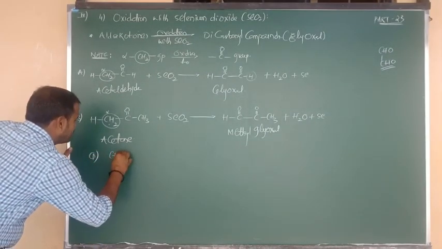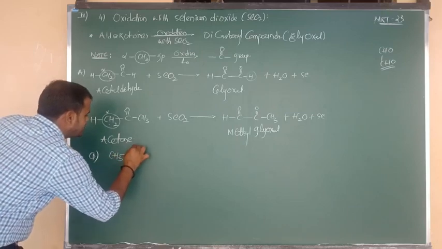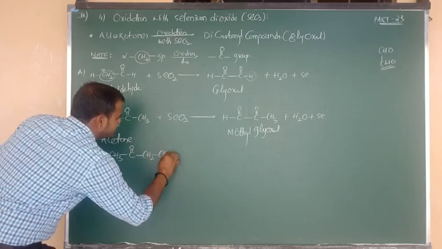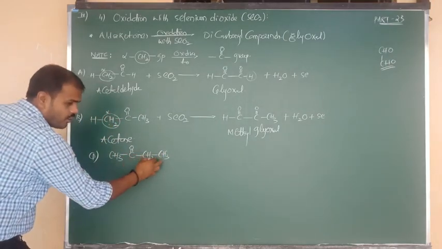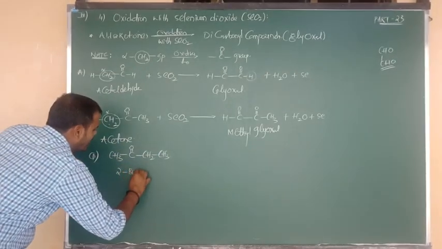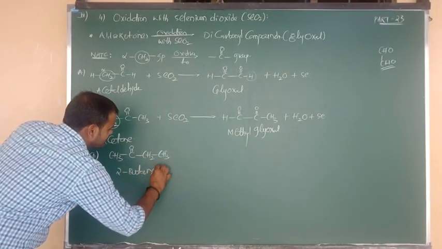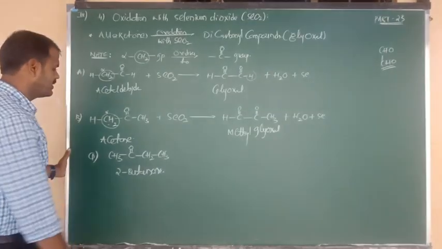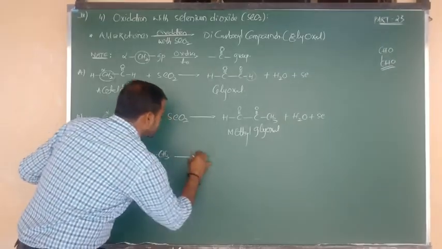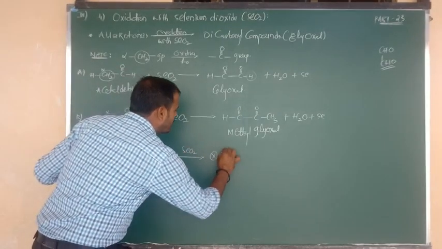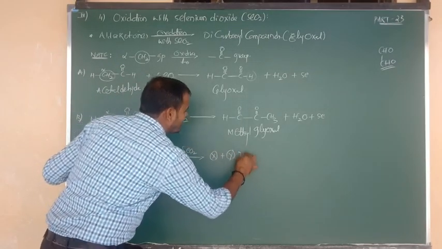Okay beta, good. So on the basis of this reaction, I want to give you one question. The question is CH3 bonded to C double bond O, again bonded to CH2, again bonded to CH3. So 1, 2, 3, 4. Four is nothing but butane, 2-one. Otherwise simply we can say 2-butanone. Okay beta? Yes. So 2-butanone upon oxidation with selenium dioxide gives two products. What is X and what is Y?